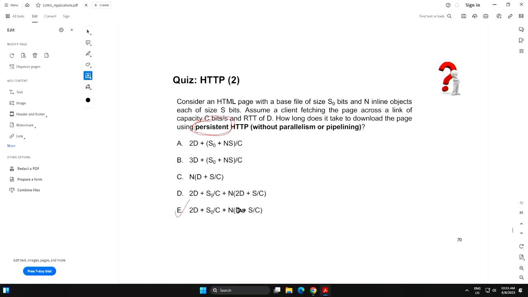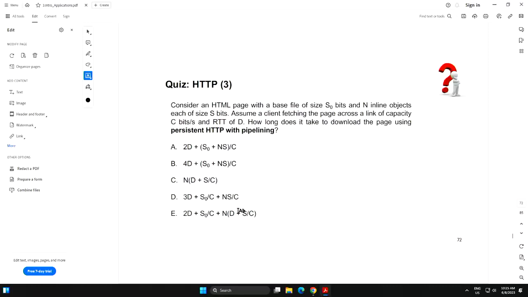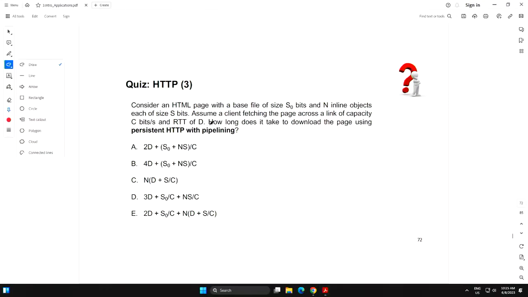So inadvertently, we have actually covered both of the quizzes here. But nevertheless, let me ask you: if I switch it to pipelining, this is the difference between the last quiz and this quiz. Before it was not pipelining, but now I am pipelining it. So that should be simpler.